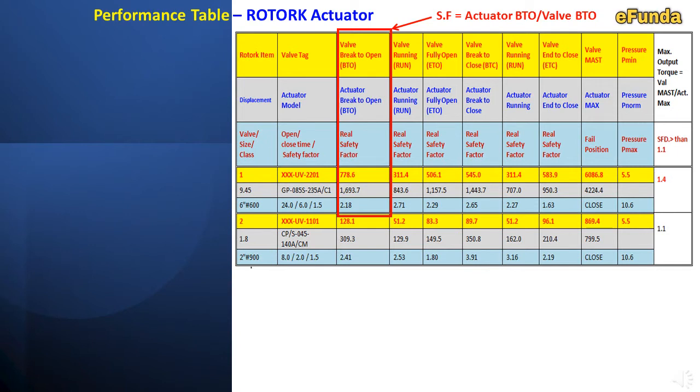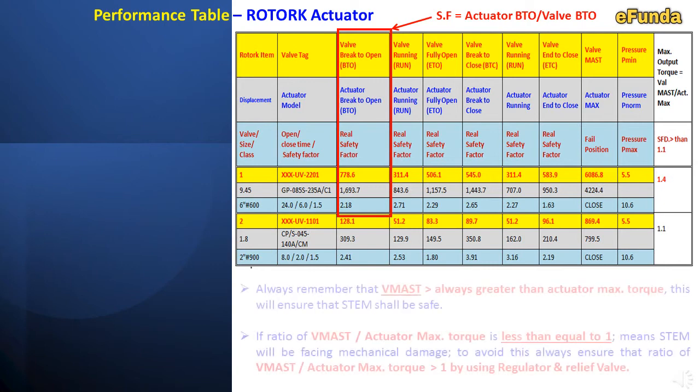In this fashion, one should correlate the items indicated in yellow to the ratio items indicated in gray, and the calculated value coming in blue is the real safety factor for each terminology indicated. This table is a little difficult to understand at first instance. However, by study one can analyze it in detail. We are giving you the key aspects of valve actuator design, which will be helpful to understand the design.